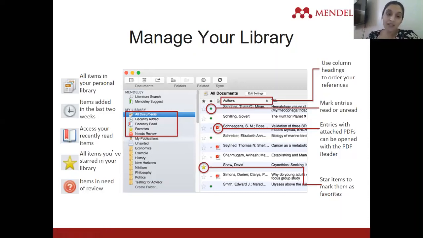There are times when I also mark papers from which I've taken a basic theory. For example, I'm working on a paper where the theory is the theory of planned behavior. This was given by a person called Icek Ajzen. Now, the main theory paper where Ajzen described the whole theory, I will mark with a yellow star, favorites. Why? Because if I have any doubt, suppose I have a doubt, did he use purchase intention or did he use purchase behavior?